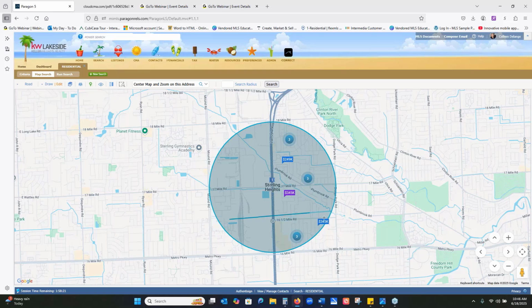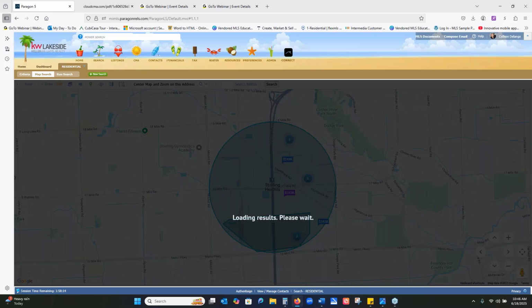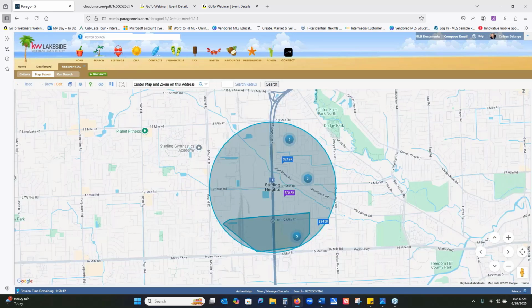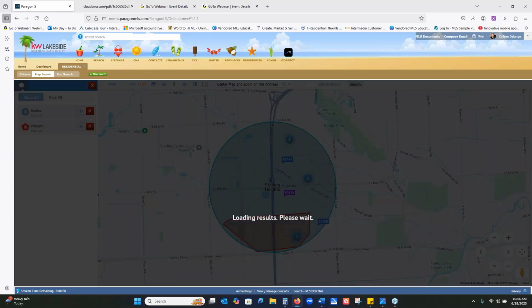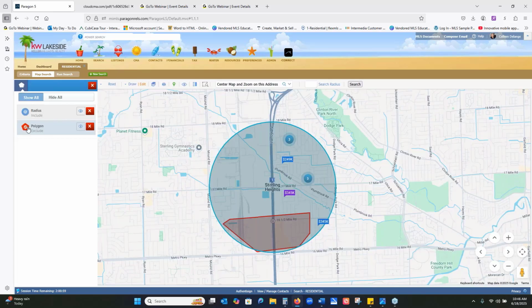I'm going to pretend that this is beautiful Lake St. Clair. These are the $3 million waterfronts that Mary has listed. I'm literally going to draw a shape on my shape, if you will. Now you're probably thinking, well, lady, I still see the 3 there. Well, one more step. We're going to click on edit, and we're going to change this from includes to excludes. So I don't want any comps that fall on that beautiful waterfront area, because they're not going to be like